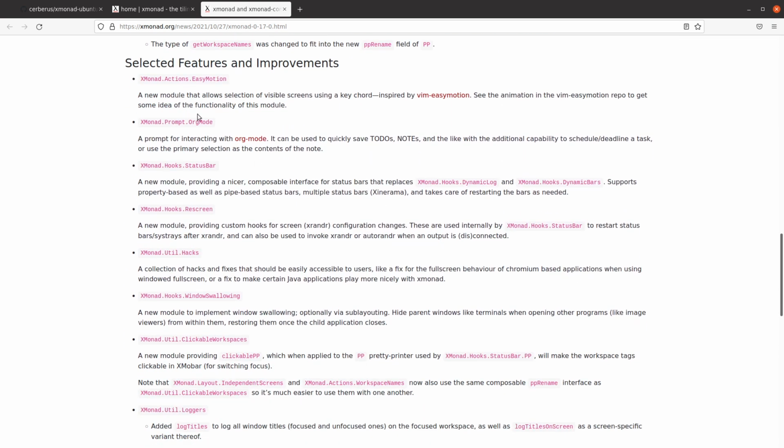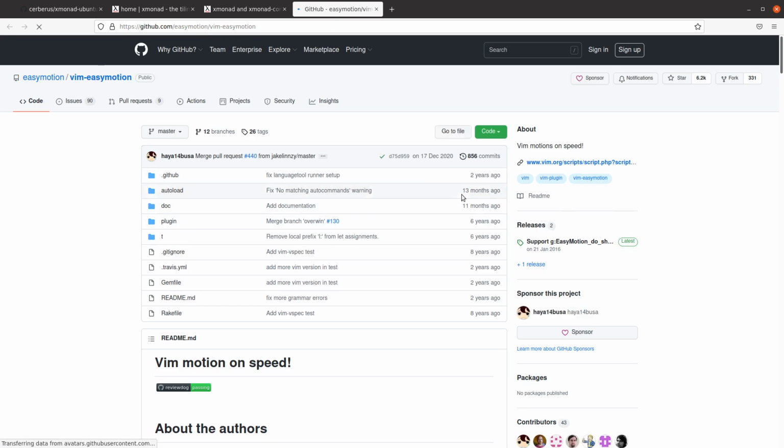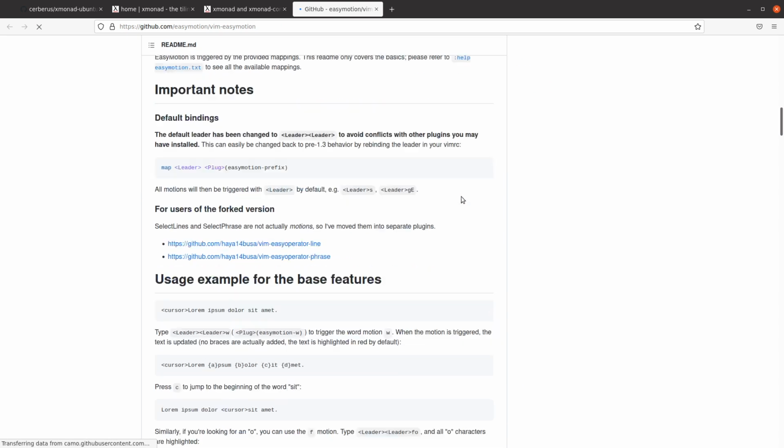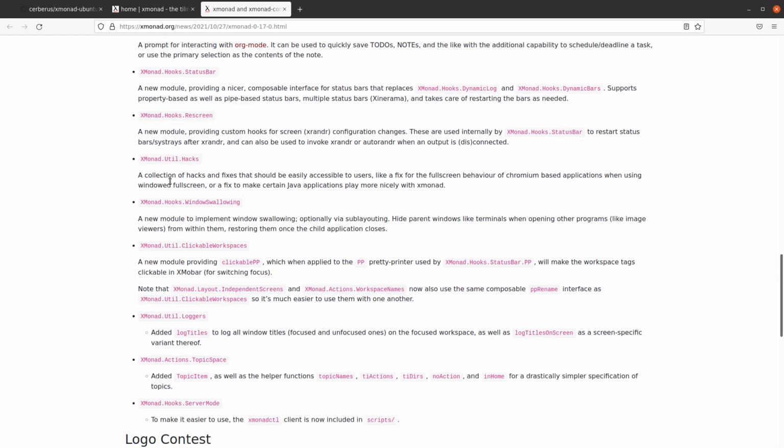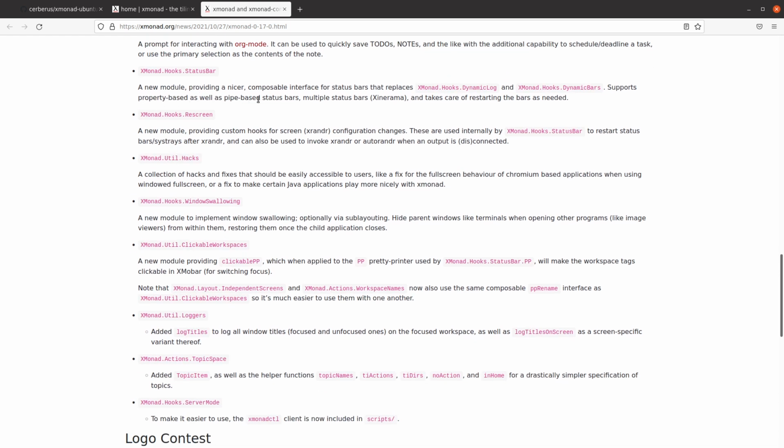Easy motion. A new module allows selection of visible screen using a key chord provided by Vim EasyMotion, which I haven't heard of. If you have a look at this, this is Vim EasyMotion. If you're a Vim user, you may know about that. Then we've got an xmonad prompt for Org mode, which is an Emacs note-taking thing. It's more than just a note-taking thing. You can basically use it to manage your dot files and write all your dot files out, which is something I've covered in a previous video. You've got new hooks for the status bar, a new module for the status bar,